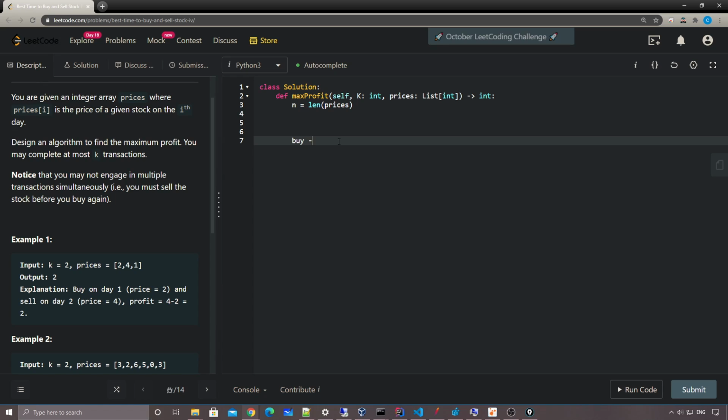Okay, so we have a K by here, right? I mean, at the beginning we have 0, and since we're creating a two dimension array here, the second dimension is K plus 1, for in range n, right? So the reason I'm doing this K plus 1 is that later on when we calculate the result,